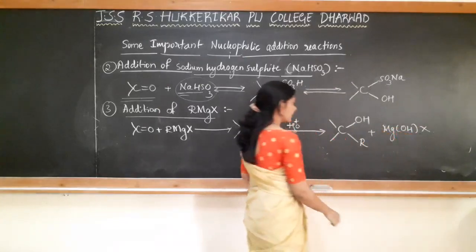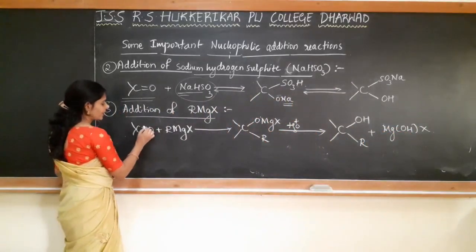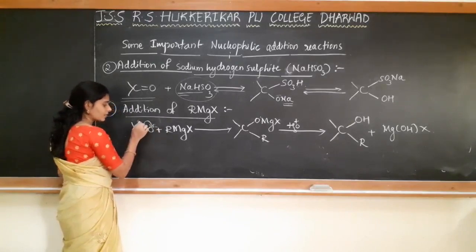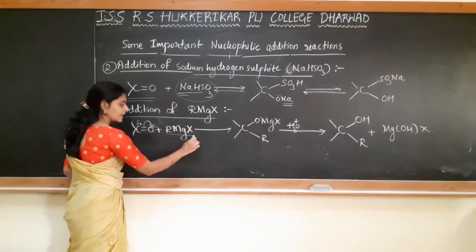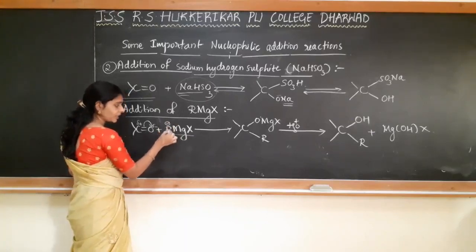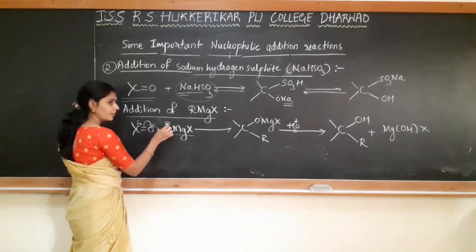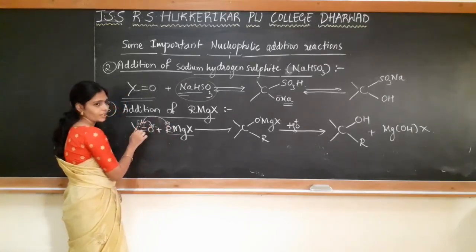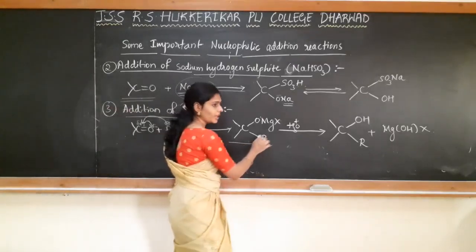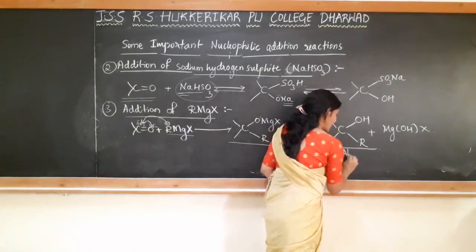So this is how the reaction takes place. This we have already studied. In the carbonyl compound, as oxygen is more electronegative, the negative charge will be on oxygen and the carbon will be positively charged. In alkyl magnesium halide, the Grignard reagent, the carbanion acts as a nucleophile which attacks the electron deficient carbonyl carbon to form an addition product, which on acid hydrolysis results in the formation of the respective alcohol.